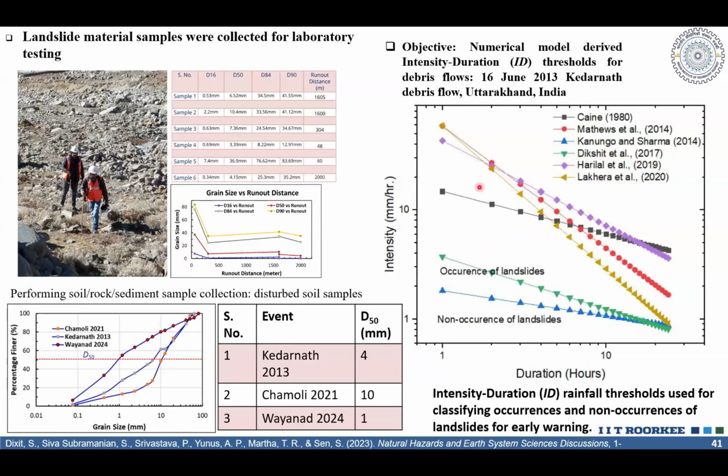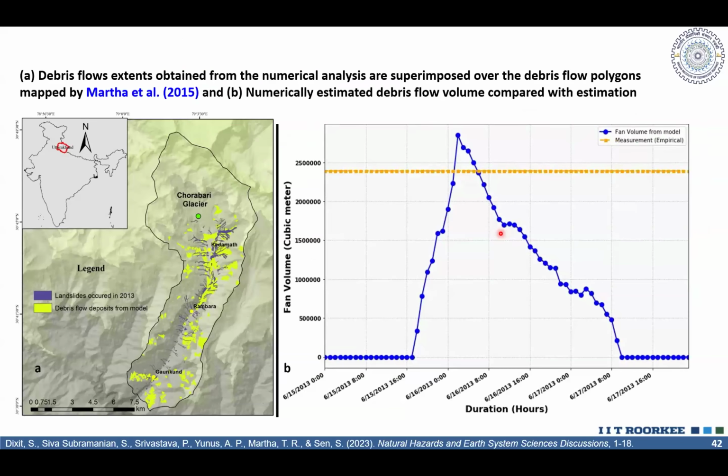And for different catchments, we had these lines, for Uttarakhand also, in the Mandakini catchment also. And using our model, we wanted to recreate and find a meteorological threshold, that is the intensity duration threshold. So we used the model, using the soil characterization, to see how much of a sample we could do. So we did the model.